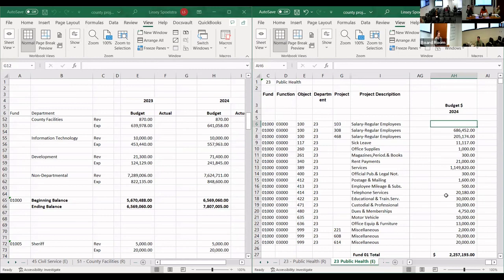Yeah, and that's what I've wrestled with for 10 years on this board, those two items. How do you real-time model out projected increase? If you continue to go at a certain rate and you can average the rate, we could do weighted averages. Lindsay can program in different formulas to give us an idea, not that it's going to be spot on to the penny, but at least from a board standpoint, you can start to look out the front window instead of always looking in the rear window. And that's been our